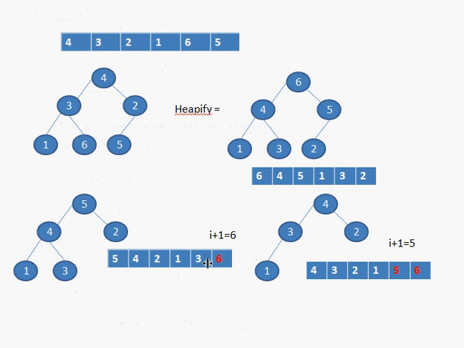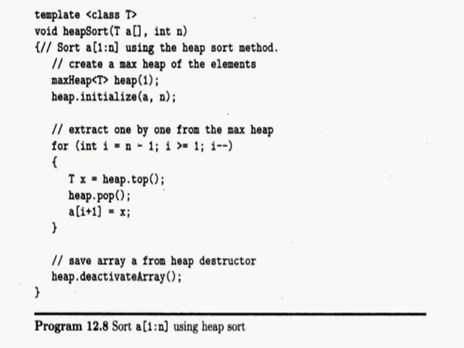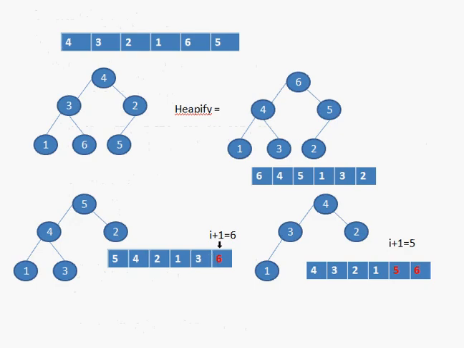Now what we do is, after doing this, at a of i plus 1, where i value is 5, a of the 6th position, that is this position, we place the maximum value. So a of i plus 1, the 6th element, goes and gets this position. So 6 is shown in red color here. Okay, so 6 is sorted properly. Now this is your input, 5 4 2 1 3.